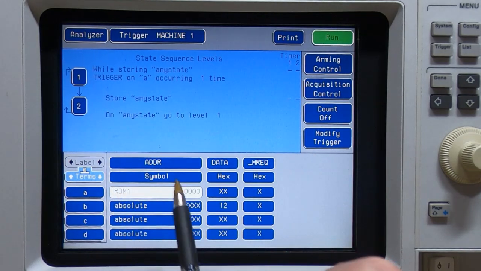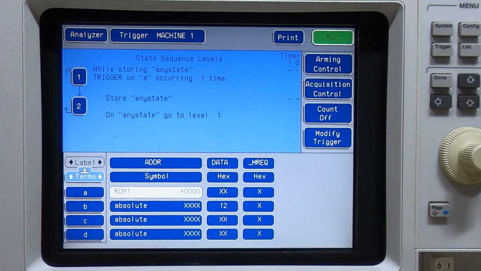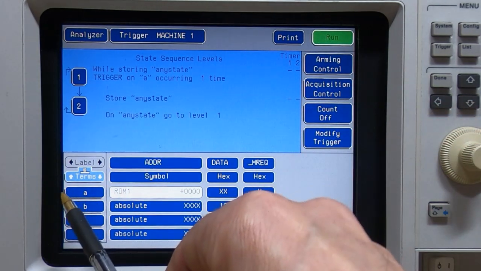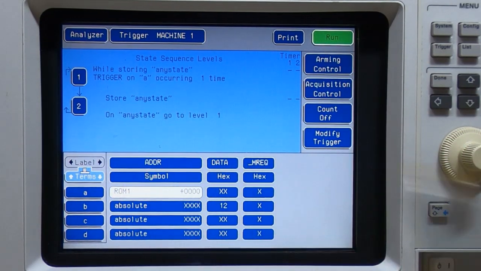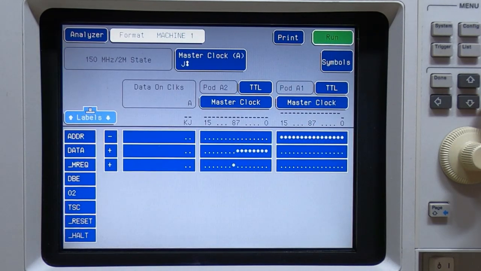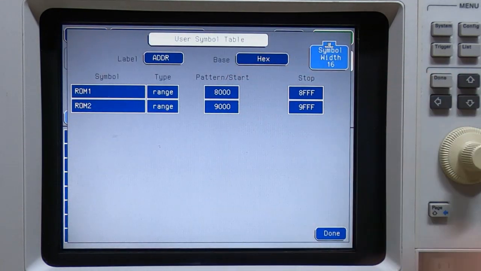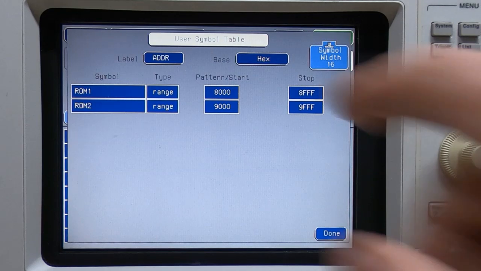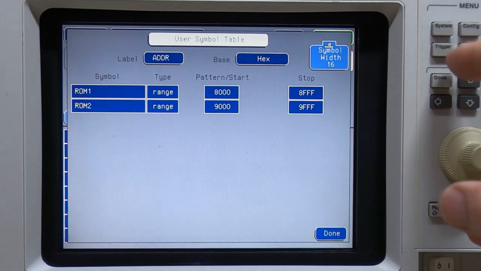So as things stand at the moment, if we were to start this running, it would be triggered because we're using term A in our trigger. Then whenever we hit the range of values within the ROM1 symbol that's been defined, it would trigger the analyzer. And of course you can go back to the symbols anytime you want and change the values. So in this case, as you can see, ROM1 is going to be anywhere between 8000 and 8FFF. Go back to trigger,